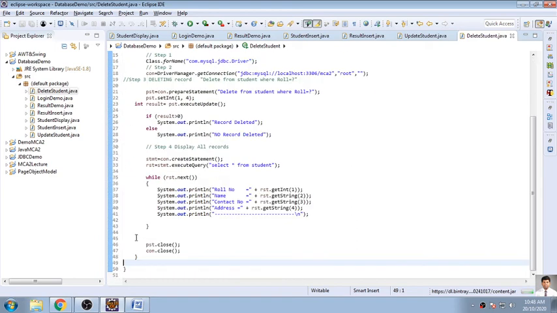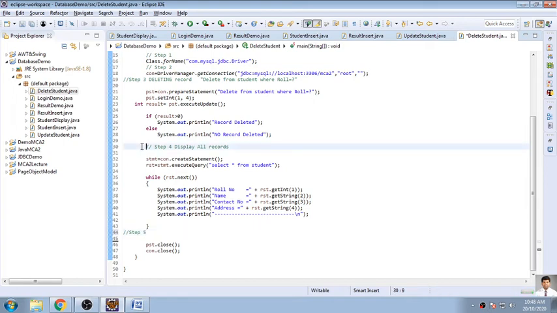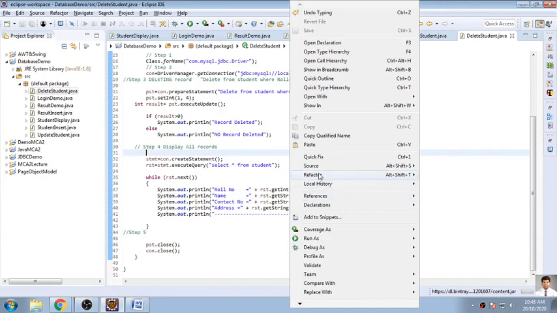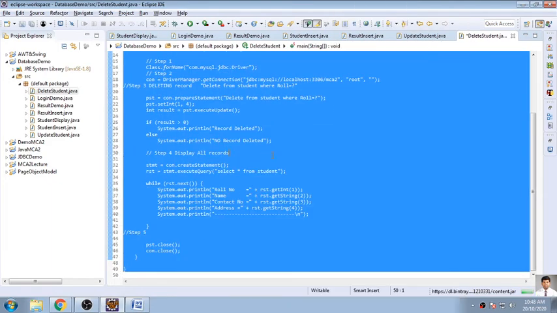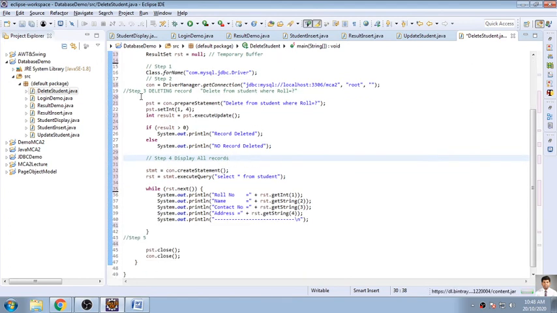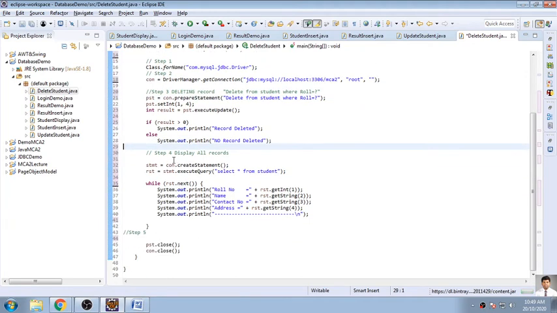That's it. So this is step number 5. This is how we have completed the whole coding, and I will format it using source format, so it will be displayed very systematically. Steps 1, 2, 3, 4 are completed, and here we'll be deleting record number 4.